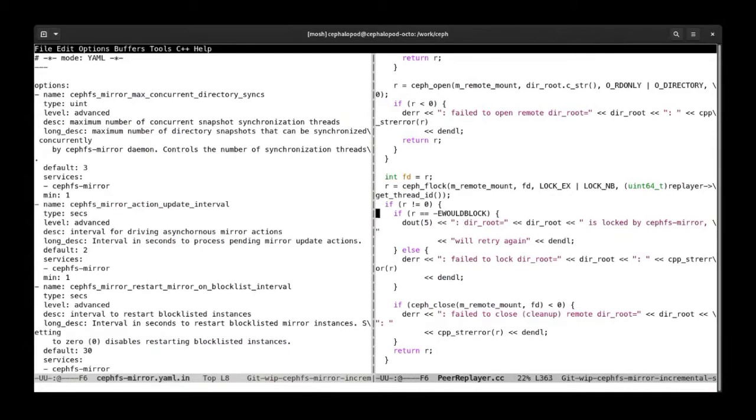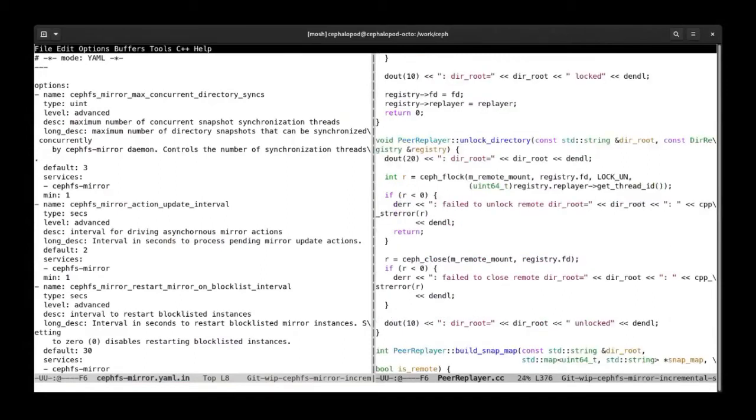So if the flock call returns that we might block, we retry it later, which tells us that it's probably locked by another mirror daemon, and sooner or later it will probably release it, and then we acquire the lock and do the normal operation again. Once that is done, that's the main part. Yeah. Then the other interesting thing is